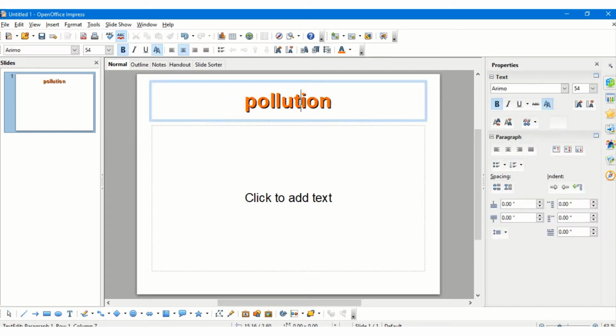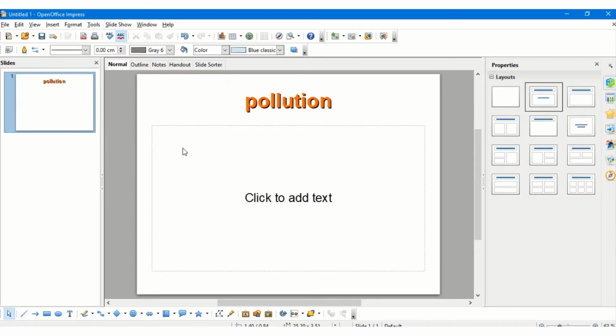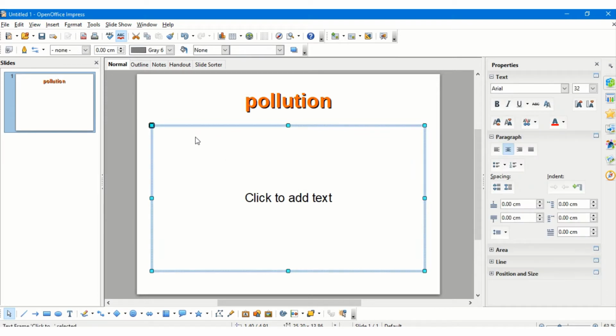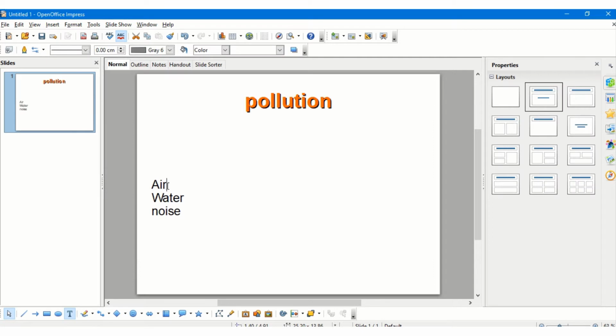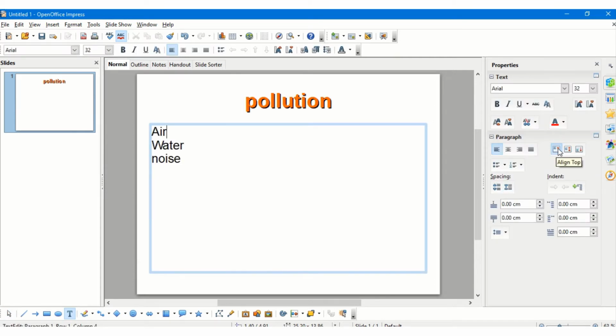So when I click on the particular text, this particular text dialog box opens up for me, where I can now see the text frame, where I can do all my formatting. Now similarly, I click here and I can type any words: air, water, noise, and I can select this, and I can also change the alignment here, and here I can take it to the top.